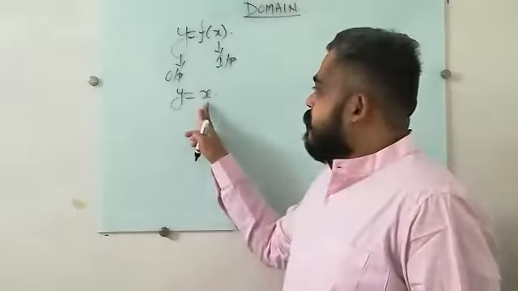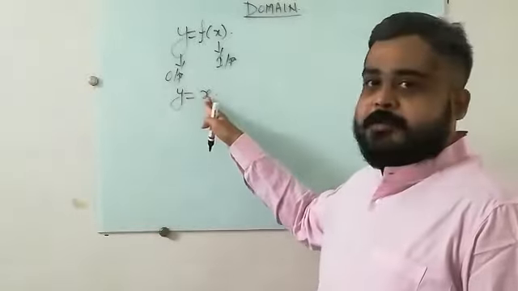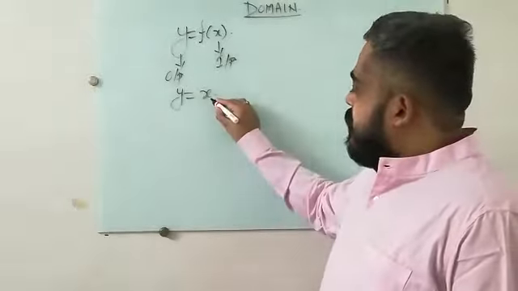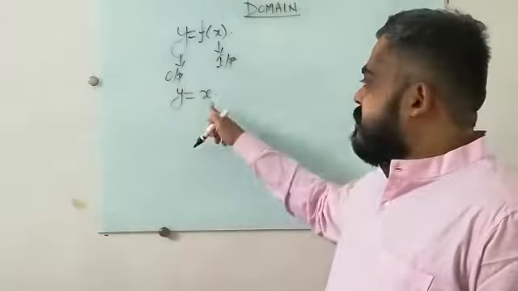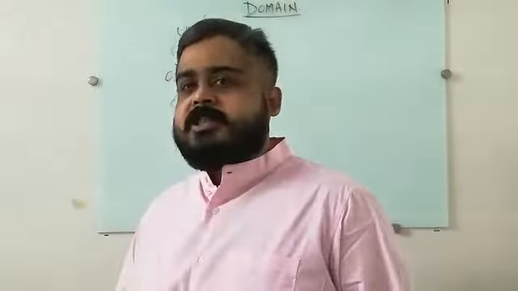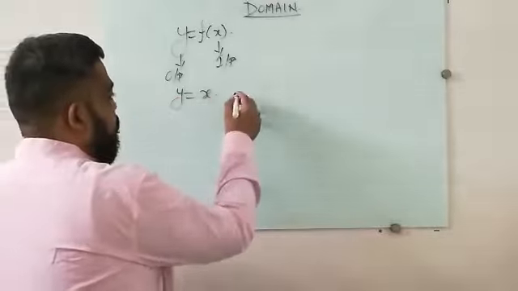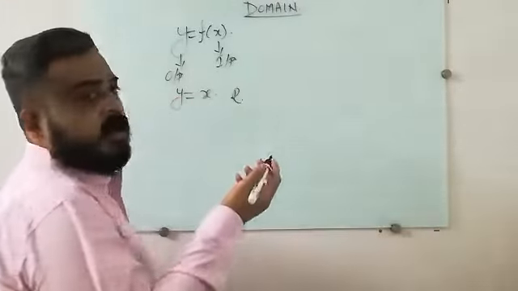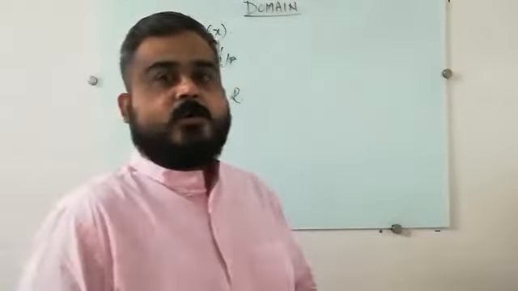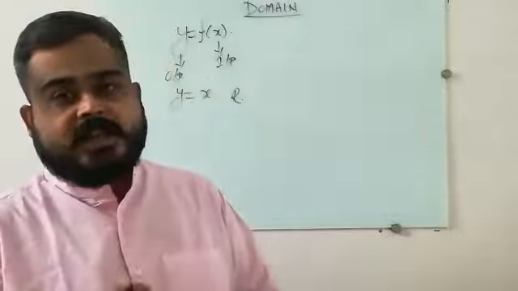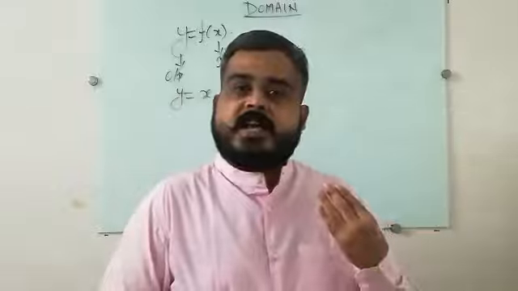Now consider a function y equal to x, and we want to find the domain of the function. So domain of the function from the definition is all acceptable values of this input variable x. Here we can substitute any value of this x in real numbers, whether it is 0, 1, 2, minus 2. There is no constraint on this input variable. So domain of this function will be all real numbers. Now why is domain all real numbers? Because any value we substitute in this function, we are going to get a function which is always defined. So till the function is defined, the values are always accepted.